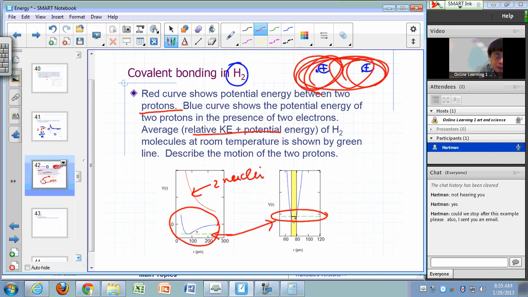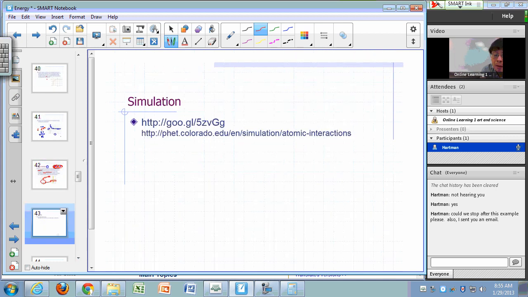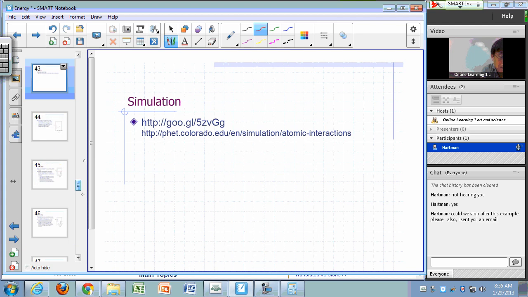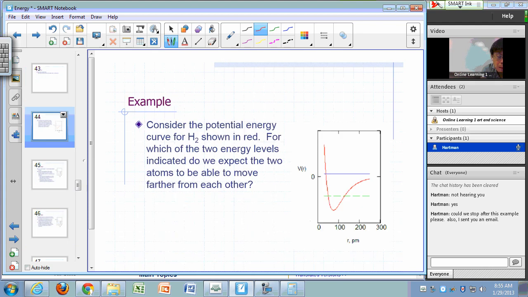According to that diagram, let's blow that up over here. So let's say that's the average kinetic energy, total energy. What happens here? What you have here are, at this distance,